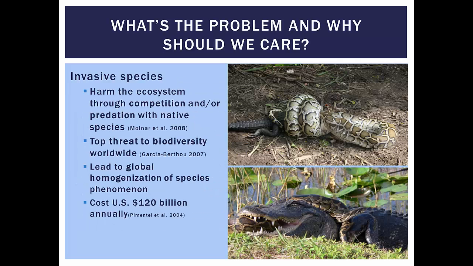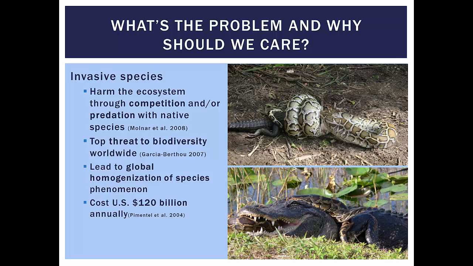So what's the problem? Invasive species are such a problem because they harm the ecosystem, and they do this either through competition or predation with native species. They are one of the top threats to biodiversity worldwide. They're the top threat to biodiversity in the world's oceans, and then they're the second highest threat terrestrially, and that's